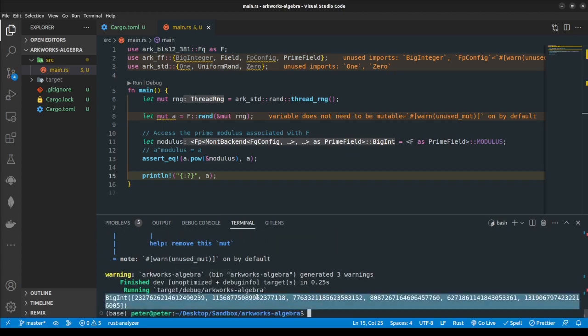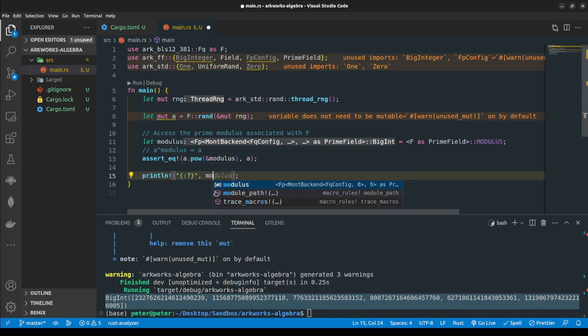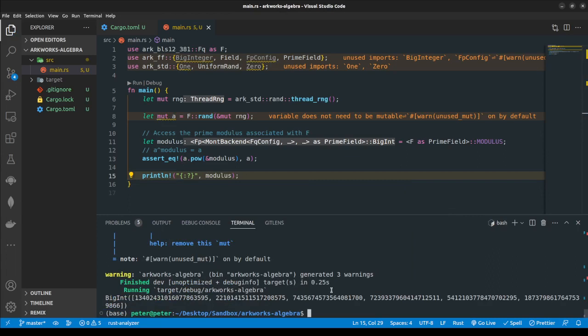Here is a very random number, and we can see the modulus pop up, and let's see a power modulus. Yeah. Okay,